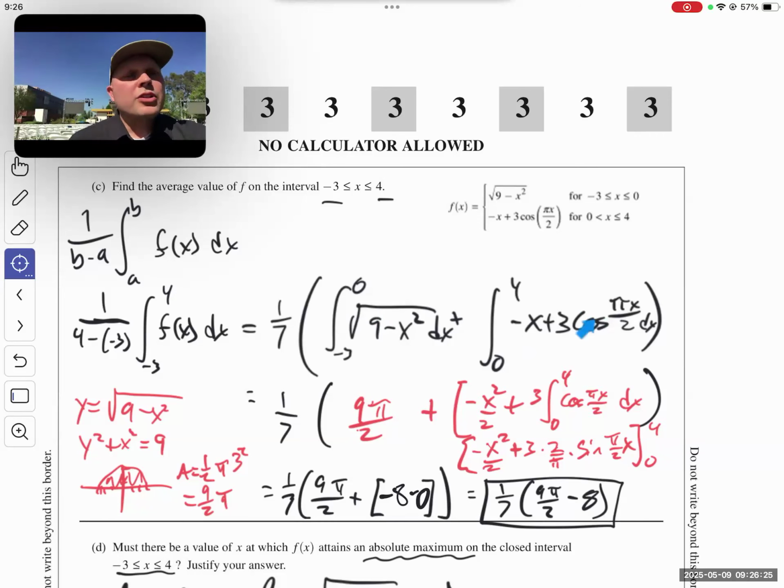How about the integral of this cosine? Now this we should be able to do. So even if you can't do this, by the way, you get a point for doing this. If you got stuck here, but you did this, you would get a point. Okay, so do what you can, and you'll likely get